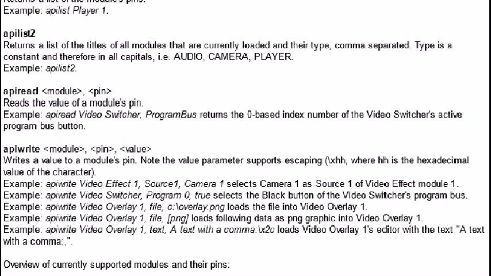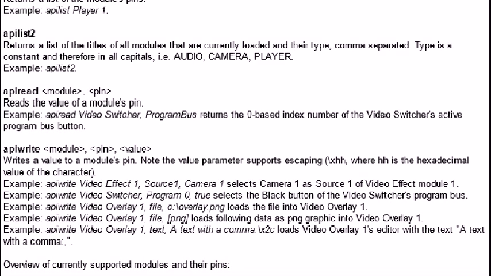But let's see, video switcher, program 0 is black, yeah. And I'm looking at my video switcher right now, and I've got 0 through 9, and then I've got some characters that indicate other parts of the video switcher that we could use. Slash, a star, an underscore, and a period for players 1 through 4.